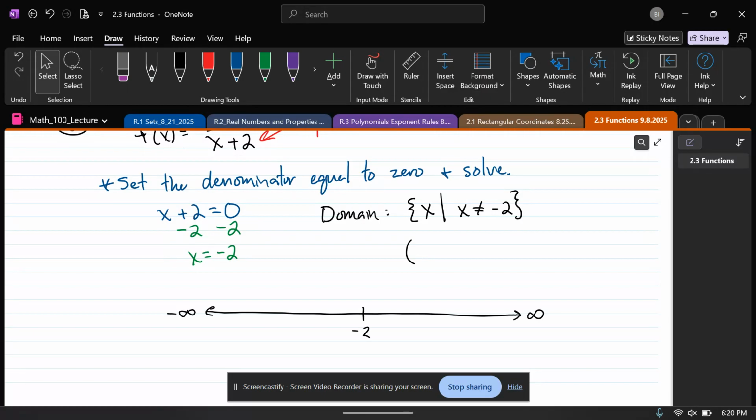All the numbers from negative infinity until I get to negative 2 work. I've got to skip negative 2. So the way I'm going to write that is I'm going to say negative infinity until I get to negative 2. And I'm going to put negative 2 right there. Not a bracket, because I'm not including the negative 2. I don't want to use it. So I'm going to use a parenthesis and then a U for union. So this is why we had to do the set stuff the first week, because we have to use some of those symbols. And then the negative 2 again,